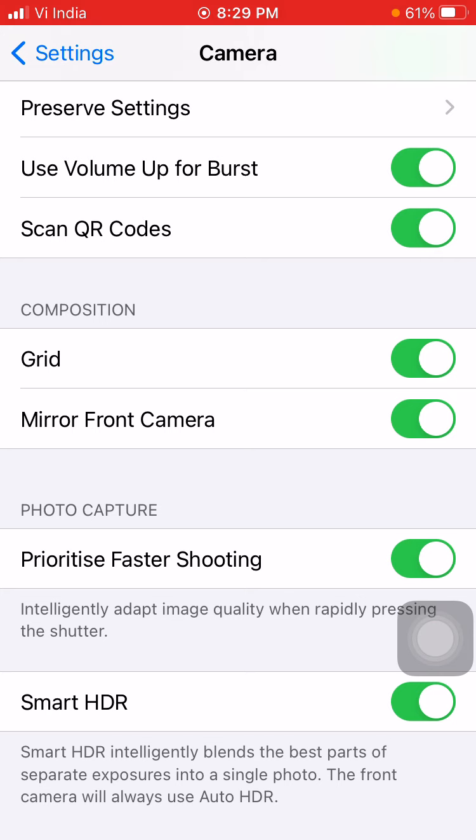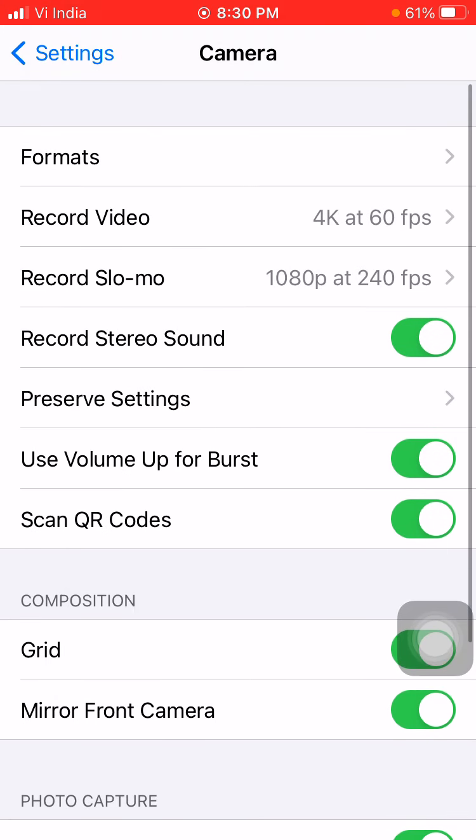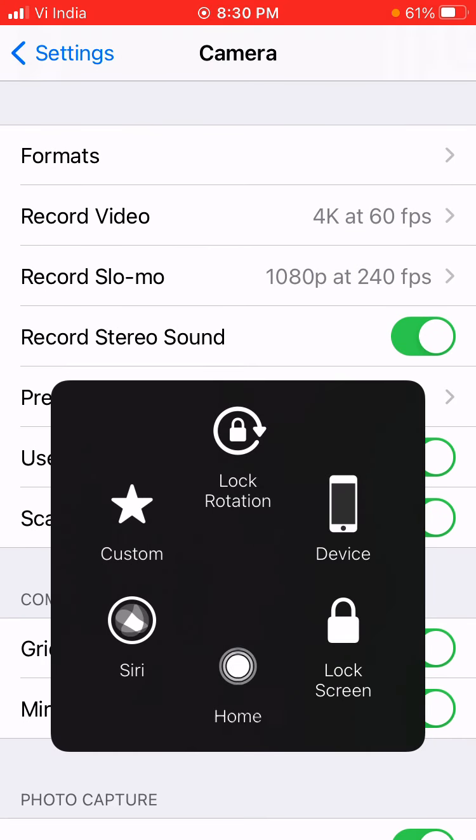As you can read here, the smart HDR intelligently blends the best parts of the separate exposures in a single photo. The front camera will always use auto HDR. So this is basically for the exposures in your single photo, and it would automatically adapt for exposures. So this is how it all works.